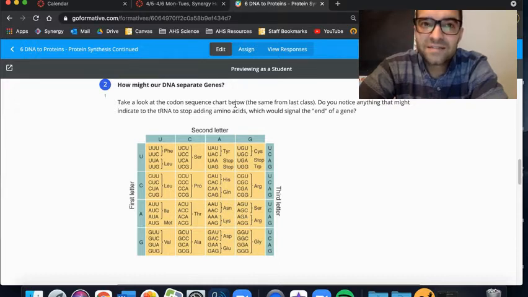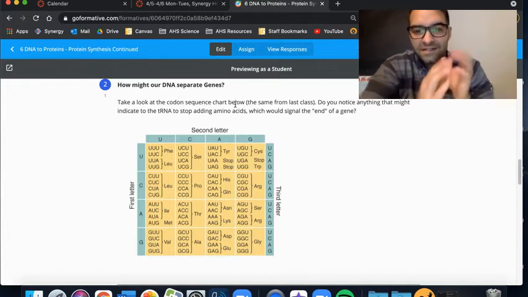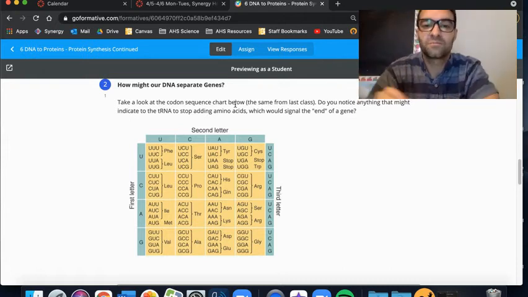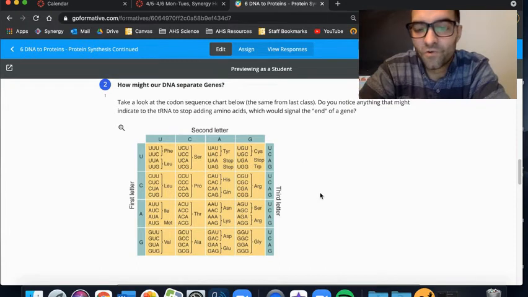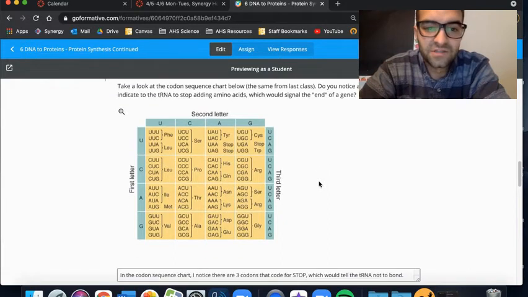How does that signal tell the gene when it's over? Why doesn't it just keep building one big protein? How does it separate the proteins within the strand of DNA? So, looking at this codon sequence chart, I want you to take a look at that. And there's a hint here